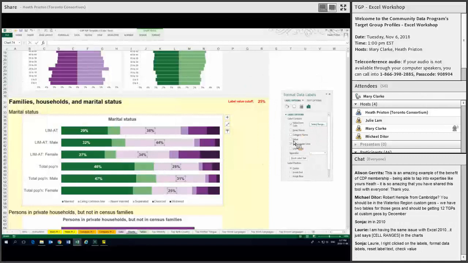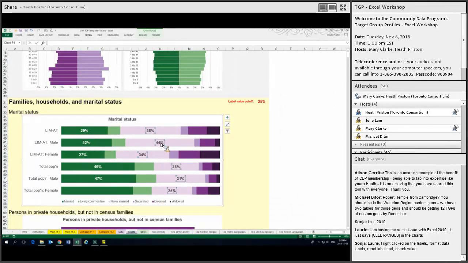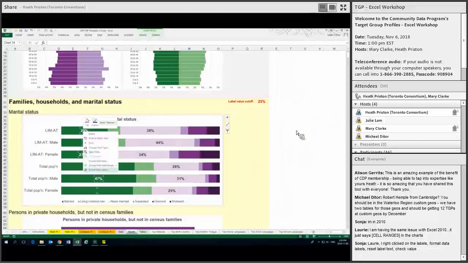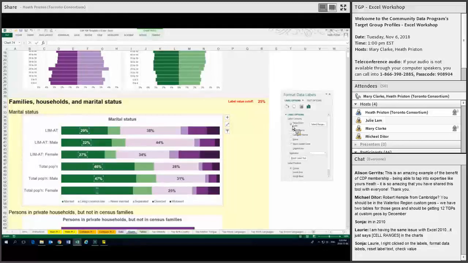So let's make sure I'm looking at marital status. So let's put 25%. I've removed most of the labels there. I come back to data. You can see the formulas are now blank there, where those values were blank. That's what's happening. This is pulling from these labels instead. And in the chart,